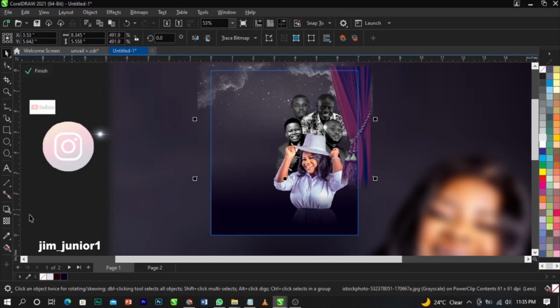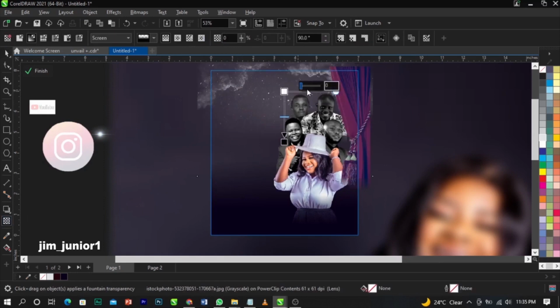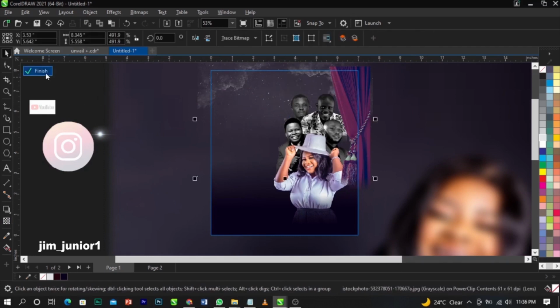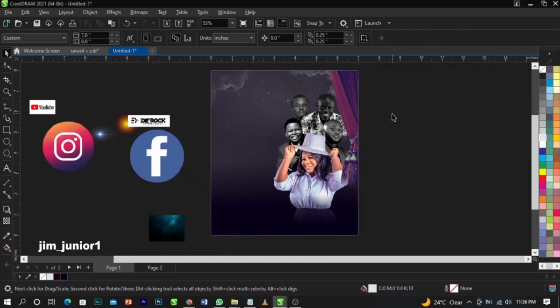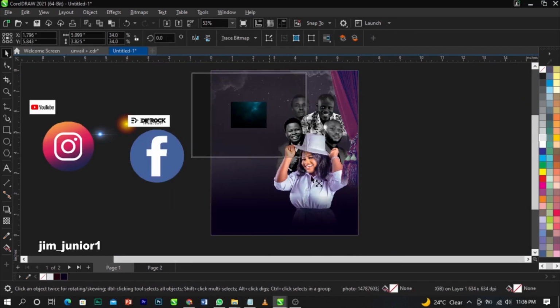This way, and we're going to basically reduce it a bit, and we'll go with that. All right, so this is what we're going to have. So the next thing we're going to do, guys, is we're going to bring in this one,